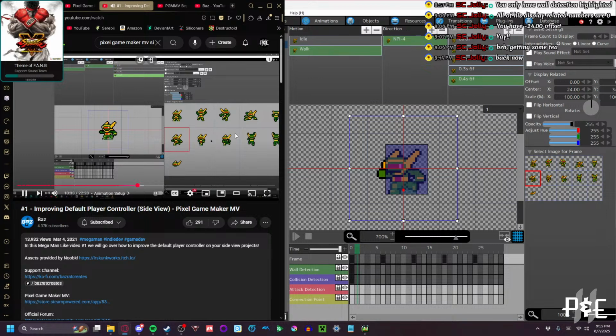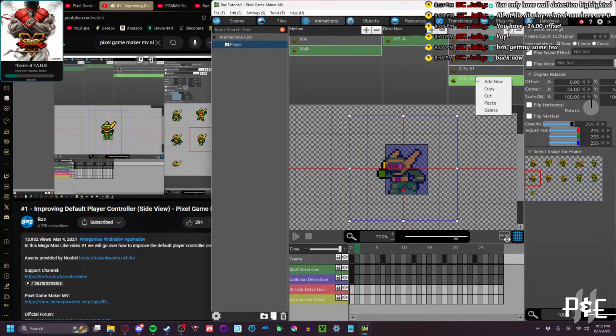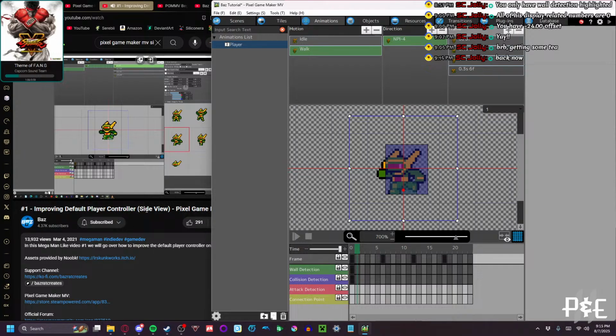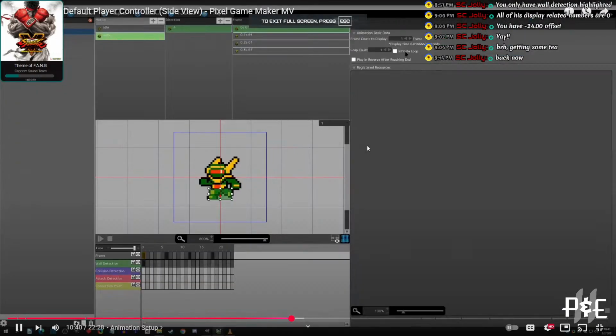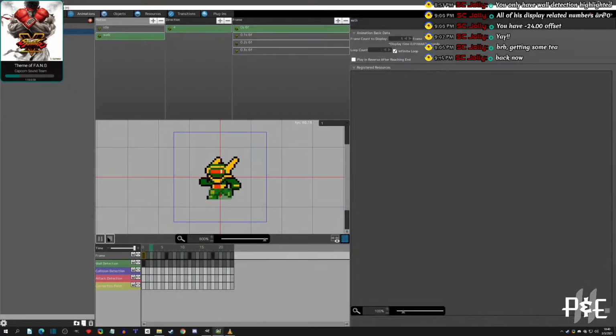And then we have to add another one for the middle so that it has a middle one to go to before it goes to the first frame again. And we're going to click on walk and make it a looping animation, and then we're going to test it out and see what it looks like. And that looks about